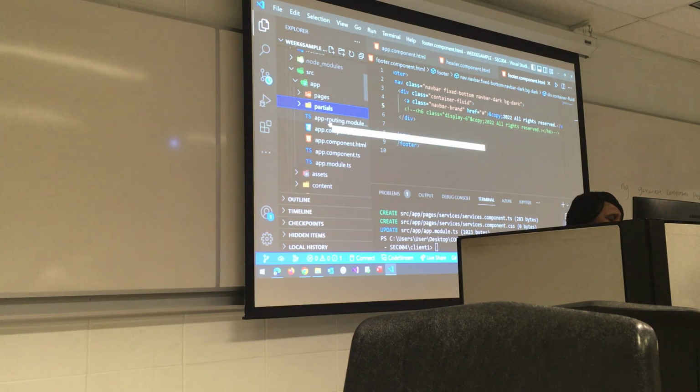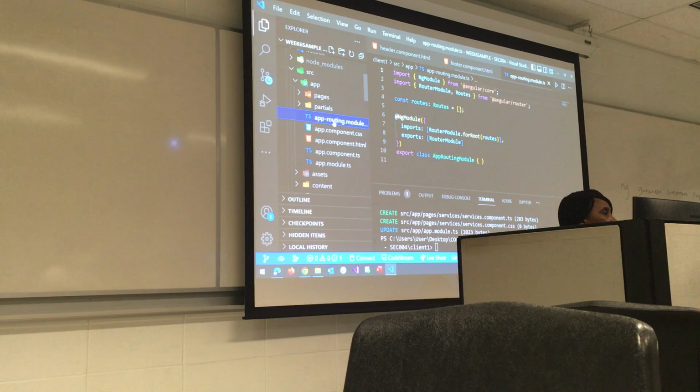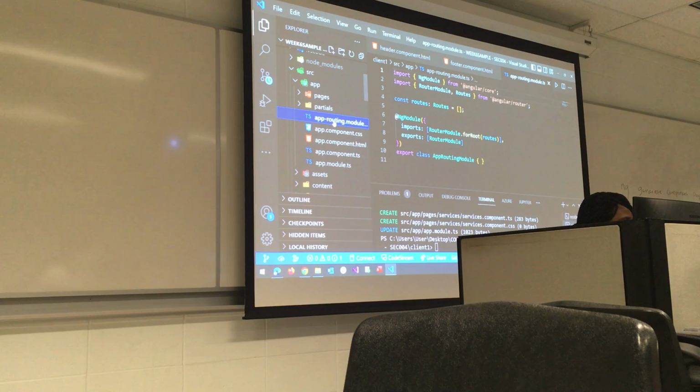Open the app routing module. We need a router to be able to connect each of the pages to each of the nav elements on the nav bar.